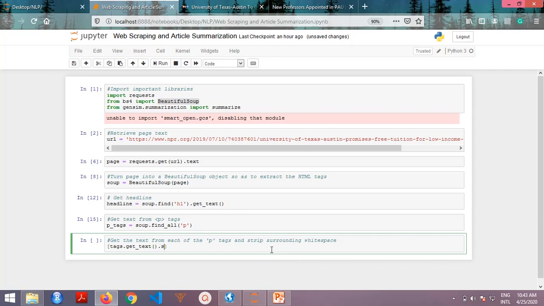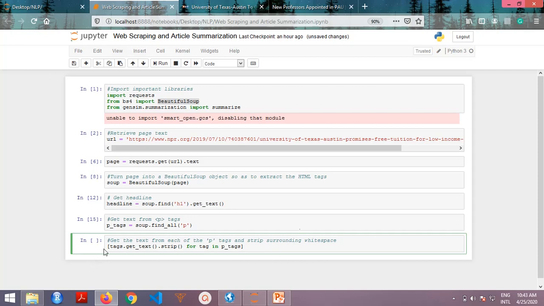So dot strip, we use the dot strip function. So for this tag in our variable, we are iterating through this variable and getting all the individual tags. We strip them and get the text. So that's what we're trying to do with this for loop. Okay, so once you're done with this, for tag in, please don't forget the